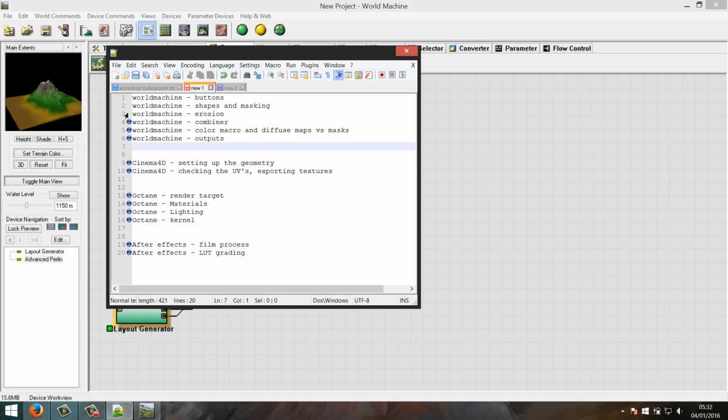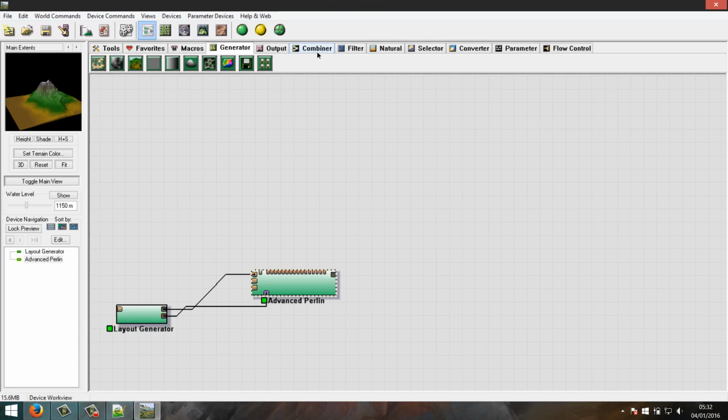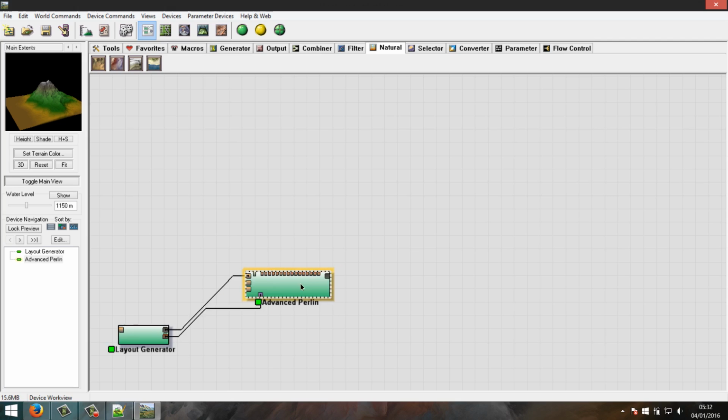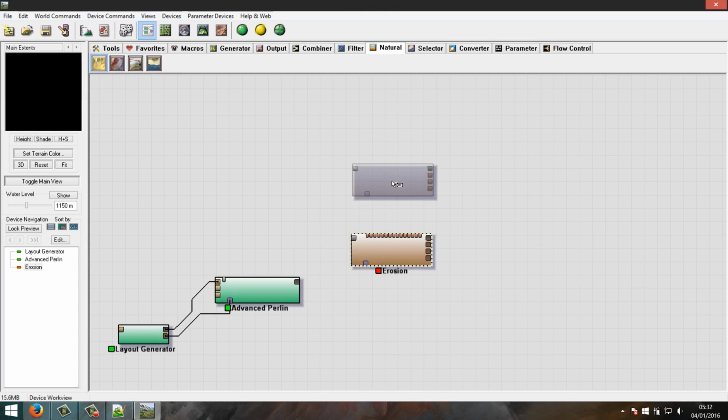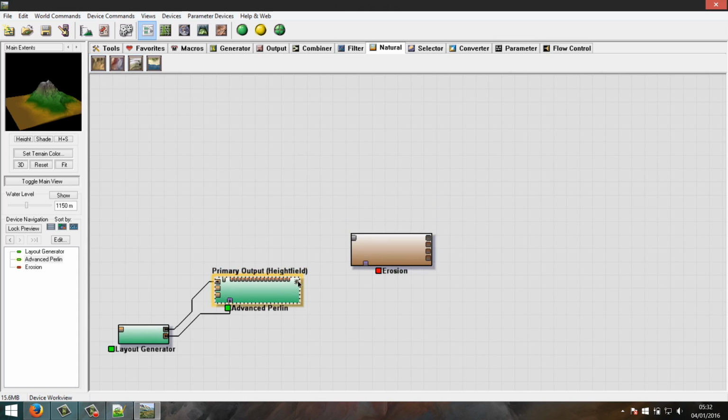Next up is erosion. Talking about the natural filters over here, they are basically what affects the generated geometry and put some special effects on there. So I'm going to add an erosion. Right click, and I'm going to connect the height field output to the height field input. And if I open the erosion,